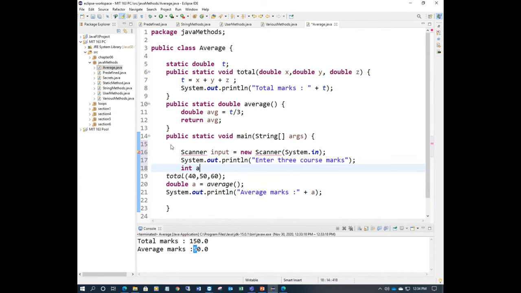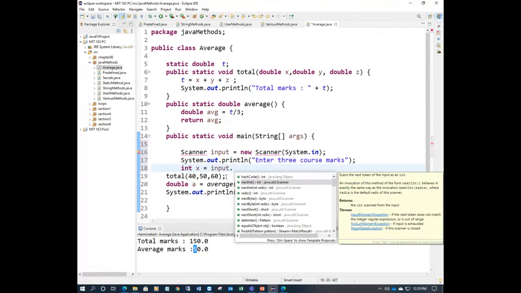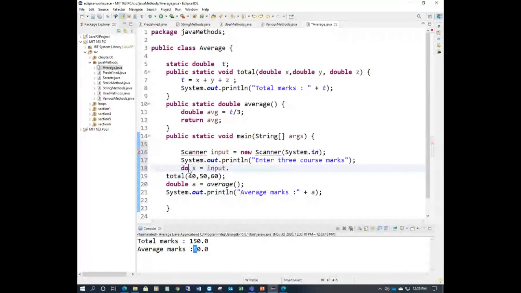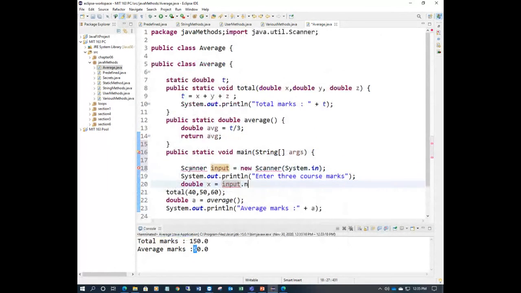Enter here int a, you can write it as x, and use the same variable. x is equal to input dot next. Sorry, it's double, not integer. Input dot nextDouble.